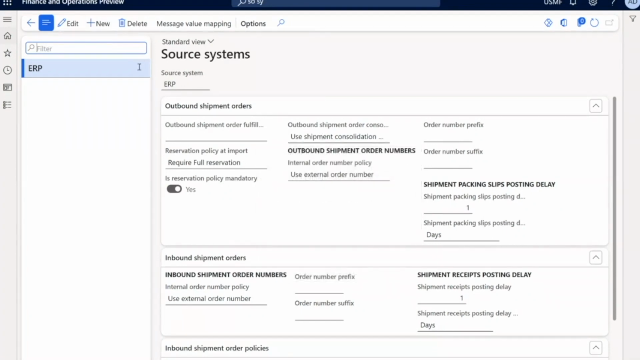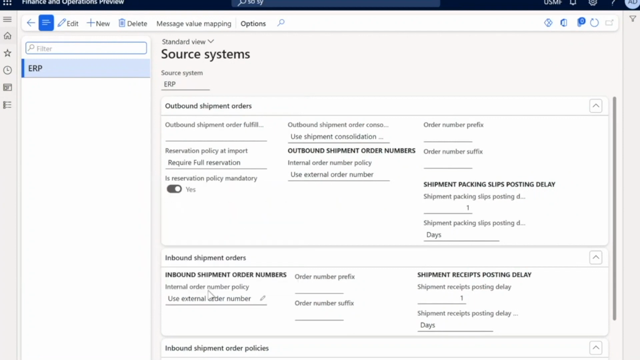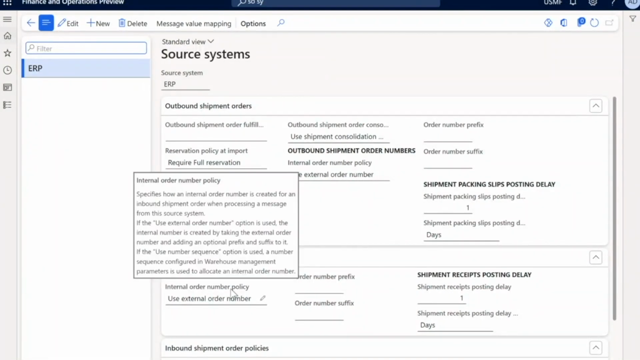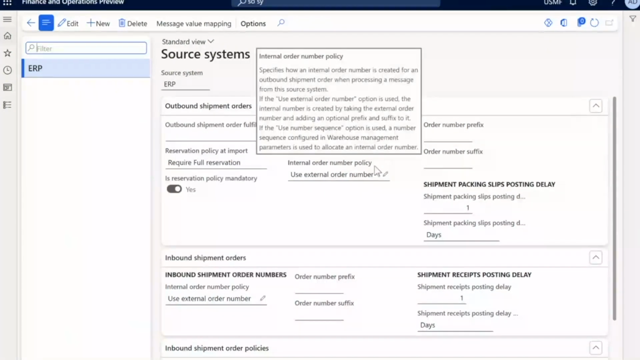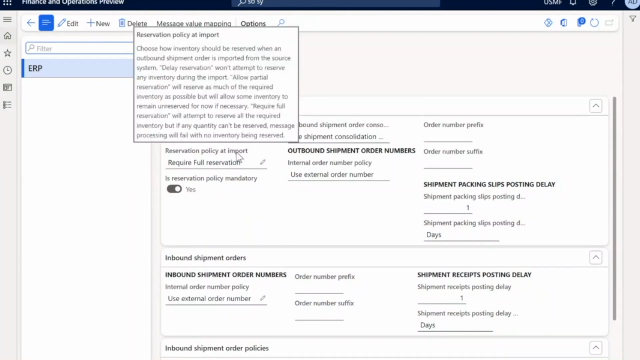But this is the place where you go and define the external systems. And as you can see, we have several things around both our inbound shipment order messages, like, as an example, whether you will use external order numbers or take the numbers generated via the number sequences as part of Dynamics supply chain. And then for the outbound, for example, we also have rules around when we process the